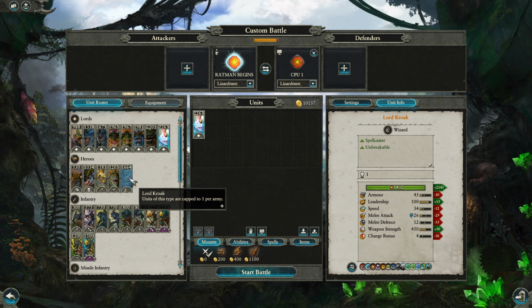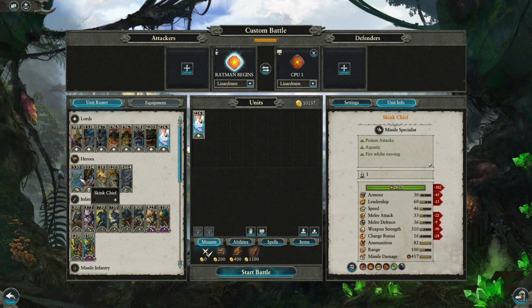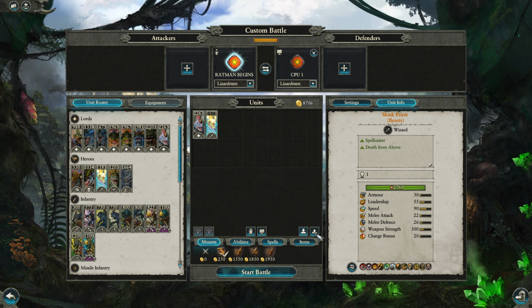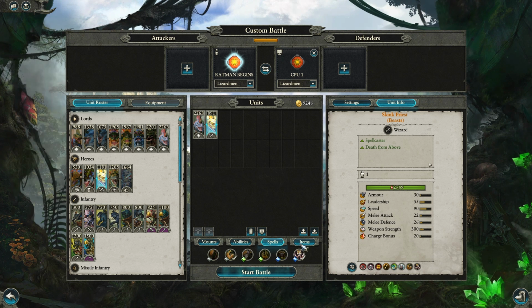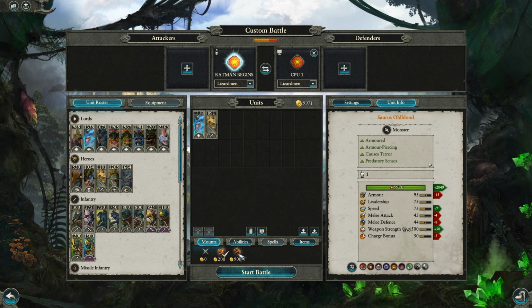And this might actually be a matchup in which Lord Kroak could be good, dropping the bombardments, but no, I think just going Manticore summons is going to be a little bit safer. So let's get a Skink Chief with Beasts, I think is what we do. We're going to put him up on his little pterodactyl here, just so he can actually get away from threats. And he's mainly just going to be sitting in the back, dropping these. And as far as the leadership goes, I think we'd probably go with a Saurus Old Blood on top of his...